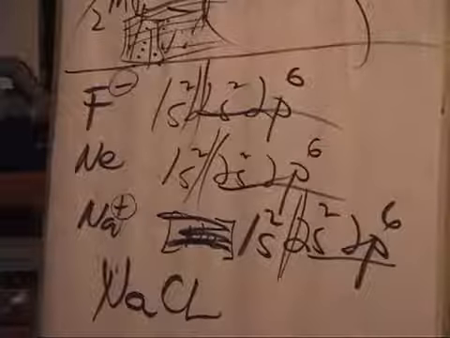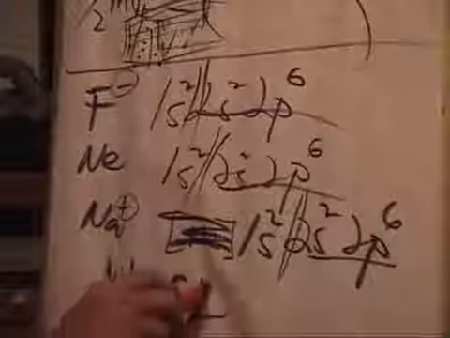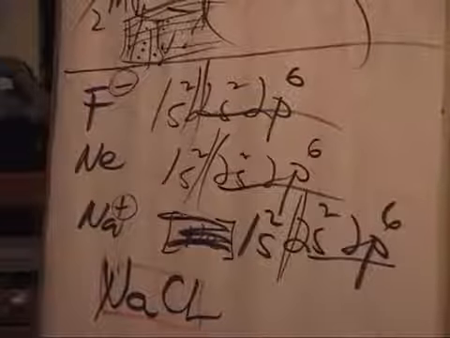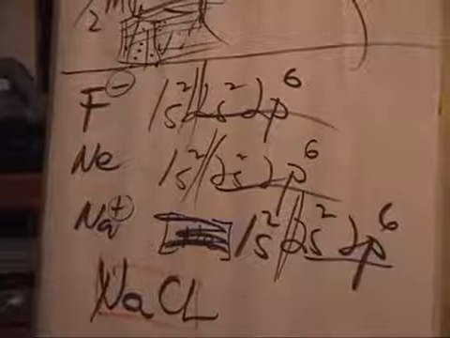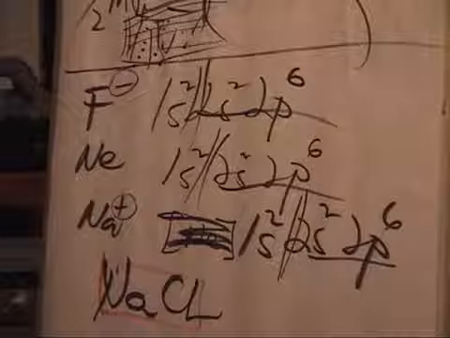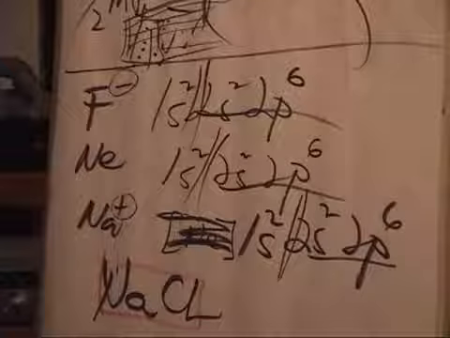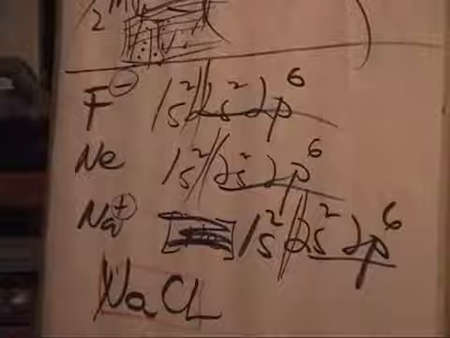NaCl. What's the smallest possible unit? NaCl. And what's that special name for that smallest possible unit? Formula unit. So what's the smallest possible unit of an ionic compound called? Formula unit. So from the same people that brought us Coulombic forces, a totally unnecessary vocabulary non-concept, they're back with